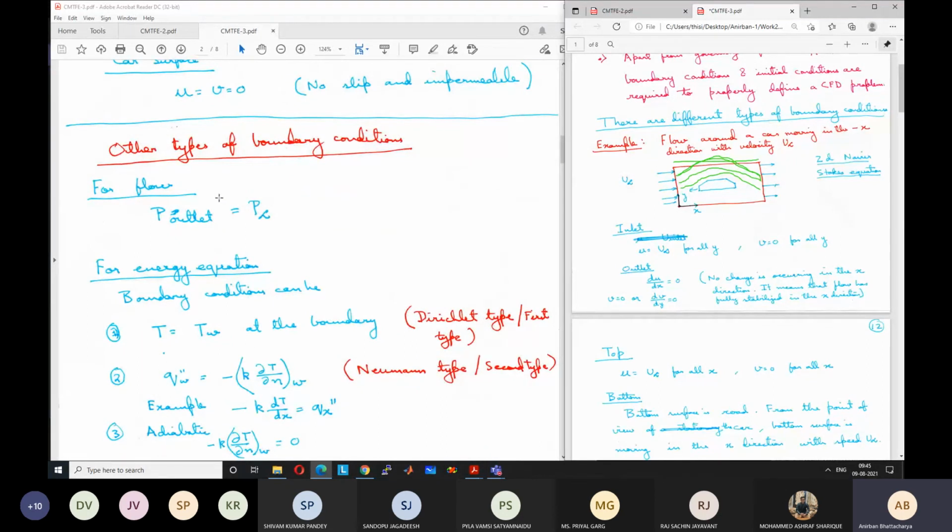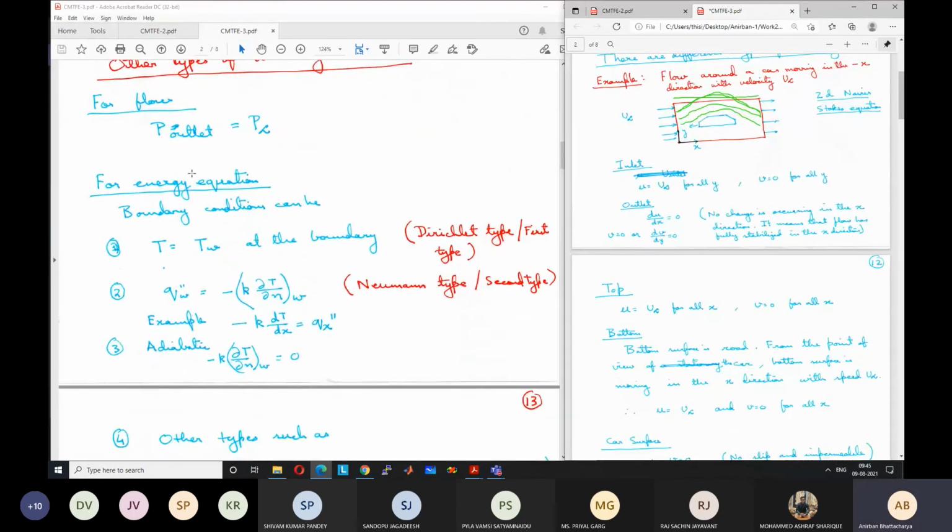Another boundary condition which can be given for the flow equations is the pressure condition. Instead of velocity, we can specify that at the outlet, pressure is some outlet pressure, maybe atmospheric pressure. Or if we are giving the gauge pressure, which is the pressure defined with respect to the atmospheric pressure, then gauge pressure is 0. There is no change in pressure. So why will giving the pressure condition work? Because there is a pressure term also in the equation, and if we give a condition for that, that will take care of the solution.